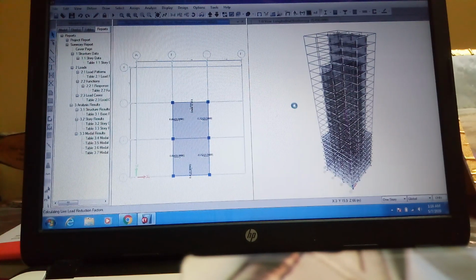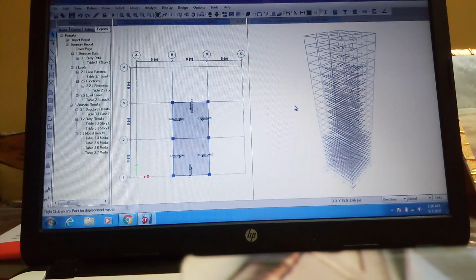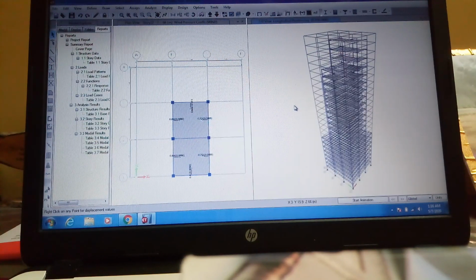It's still working. Now see, refreshing window. It took a minute.